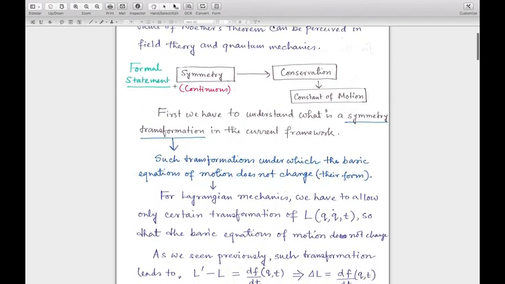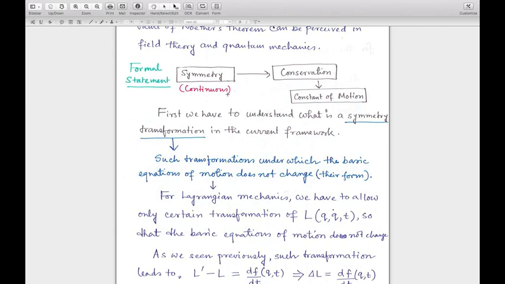Okay. The formal statement of the theorem is that to every continuous symmetry there always exists a conservation principle, or that means more precisely there exists a constant or an integral of motion. Okay, so what is the meaning of continuous symmetry? The meaning of continuous symmetry is that a symmetry operation which can always be defined both in infinitesimal and in